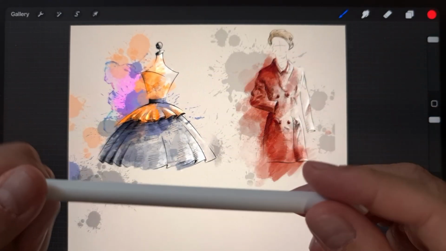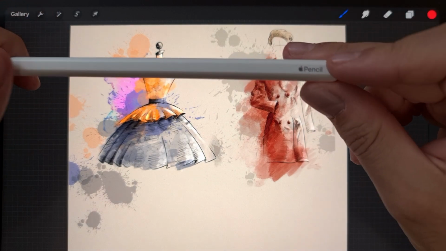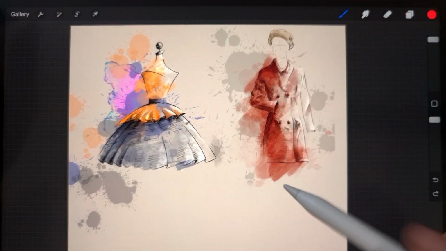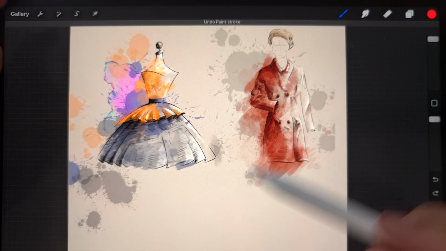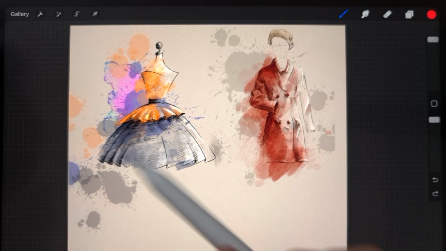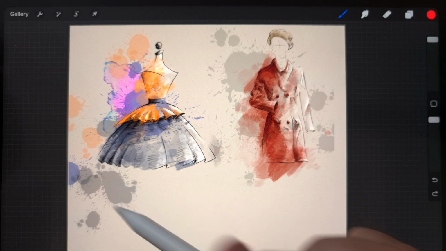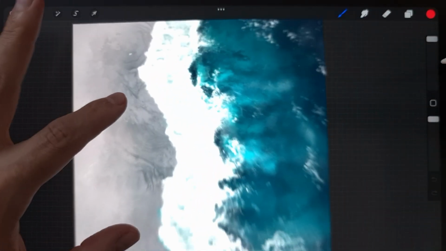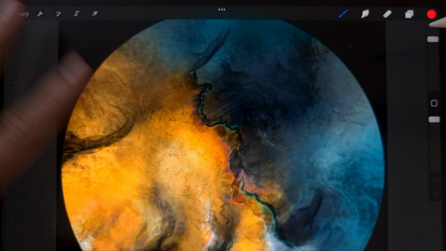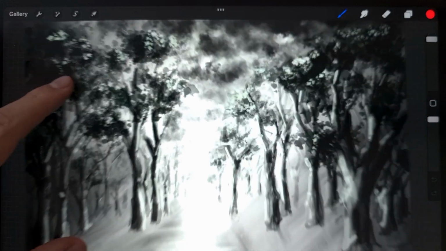And of course, it's also recommended to have the Apple Pencil, which is great when it comes to pressure and intensity. It's actually quite surprising what this pencil offers, because it's almost like a real pen. Let me just show you a few examples. For example, you can draw this kind of scene, or maybe something abstract, or maybe you can draw